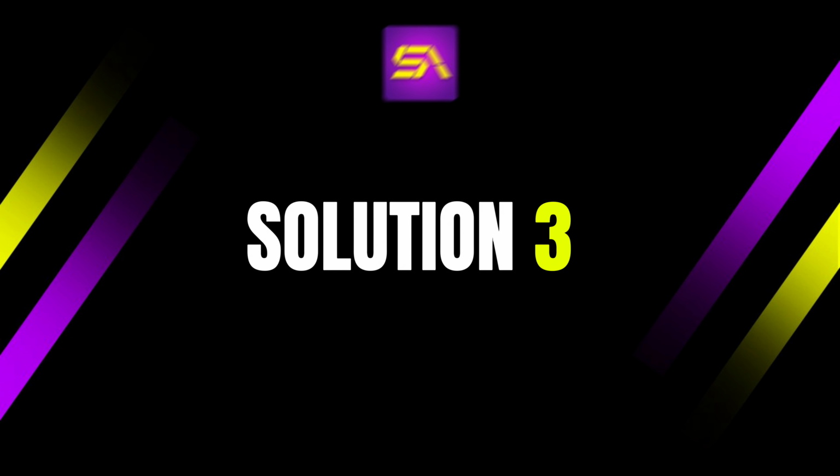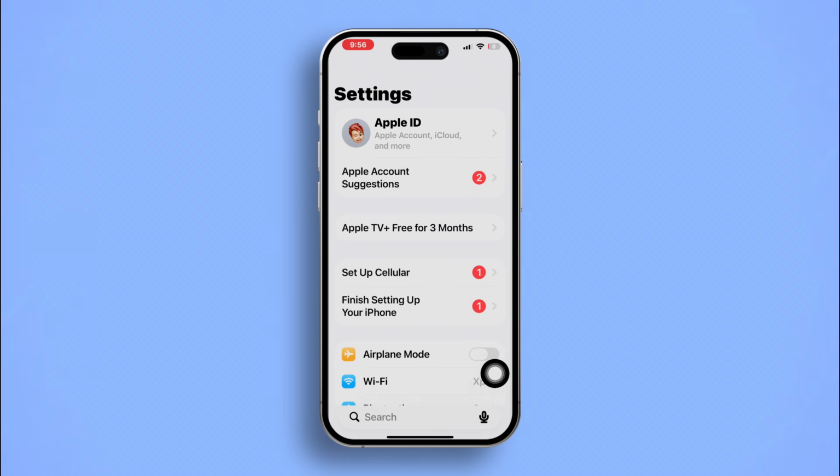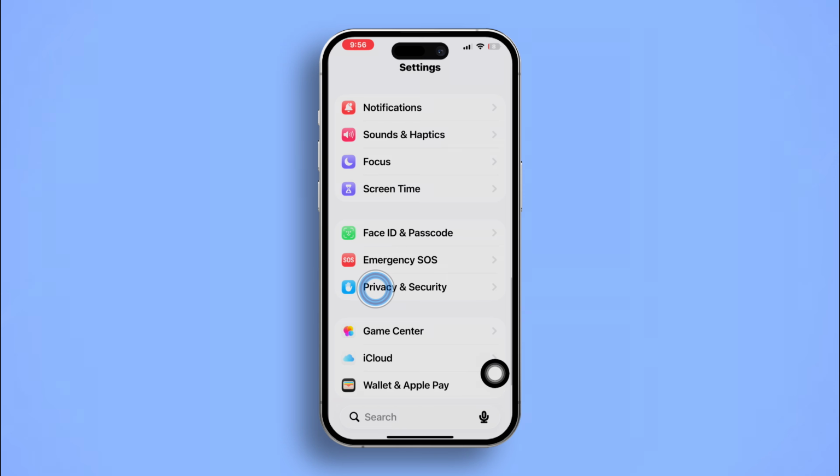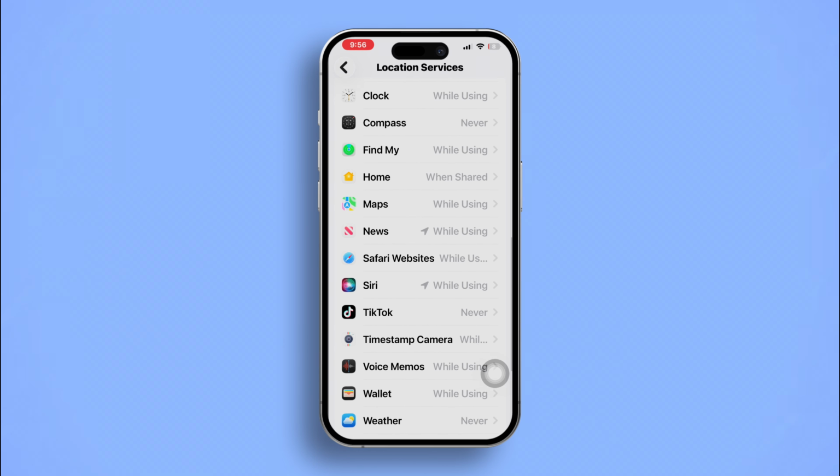Solution 3. Turn on location services for other apps. Open Settings. Scroll down. Tap on Privacy and Security. Tap on Location Services. Scroll through the list of apps and ensure that any app you want to use for